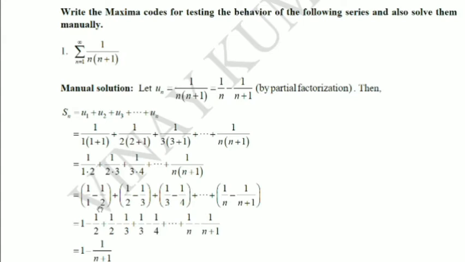Now see, here you are having minus half, here you are having plus half. So these two get cancelled. Here minus 1 by 3 plus 1 by 3, they get cancelled. Minus 1 by 4 plus 1 by 4. Here minus 1 by n plus 1 by n. All these get cancelled. So you are left with the first term, that is 1 by 1, which is 1, minus the last term, 1 by n plus 1. So we have simplified, or we have factored, Sn into this.